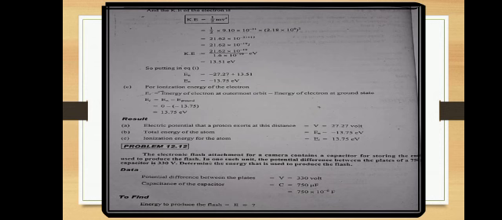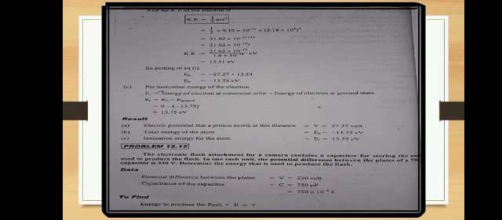For ionization energy of the electron, the formula is energy of electron at outermost orbit, in outermost shell, minus energy of electron at ground state. And always remember, energy of electron at outermost orbit is zero, that is written here, 0. While at ground state it is minus 13.75 electron volt. So ionization energy is minus minus 13.75 electron volt. Minus minus becomes positive. So these are your required results.